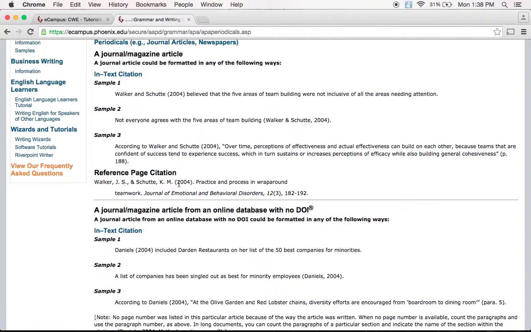Yep, so the last thing I have after the initials, it only had his first name, it didn't have his middle name, so I can't put that middle initial. That's okay. Sometimes I'll have it for you.